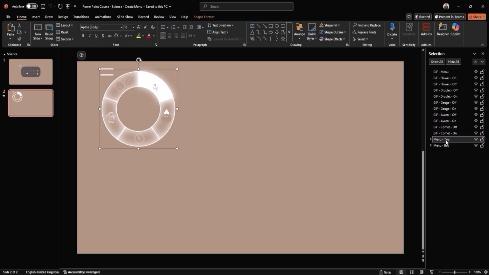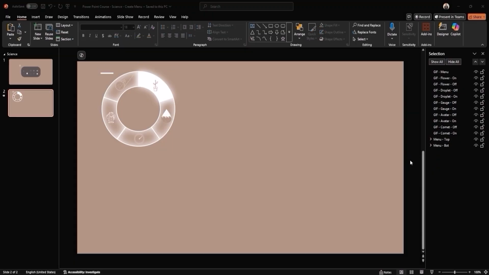The menu itself is based on a pie chart, which we will convert into 2 layers, the menu top cover and the menu bottom cover. Each layer contains 5 menu wheels. The bottom layer will always be fully visible, while the top layer will have only one dominant wheel visible, with the rest being transparent. This setup ensures that only the active section is highlighted, making the selected on GIF stand out.